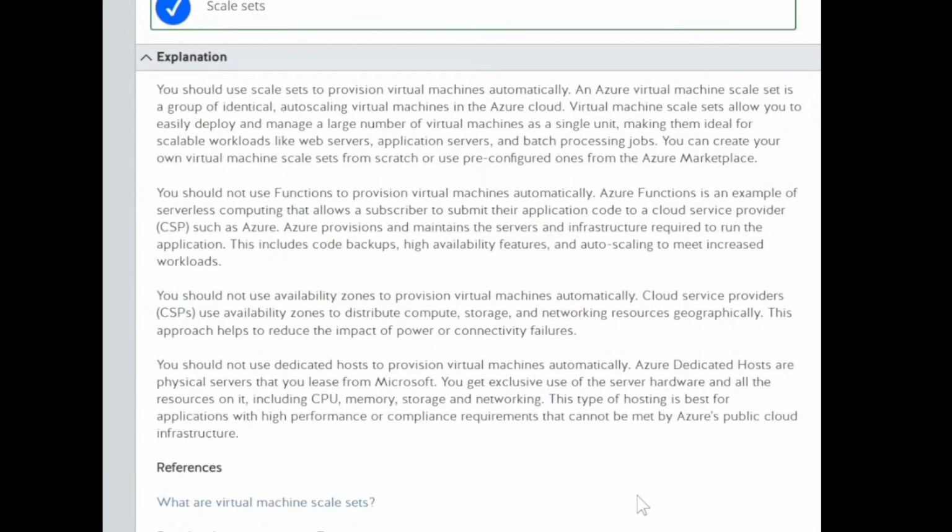Palagay ko 'to, parang mga bare metal 'to na naka-assign sa'yo. Kung talagang heavy yung needs ng application mo at hindi ma-meet ng Azure's public cloud infra, kailangan mo ng isang dedicated host or parang sariling bare metal server na mas powerful na kayang i-host kung ano man yung application or services mo. Okay?